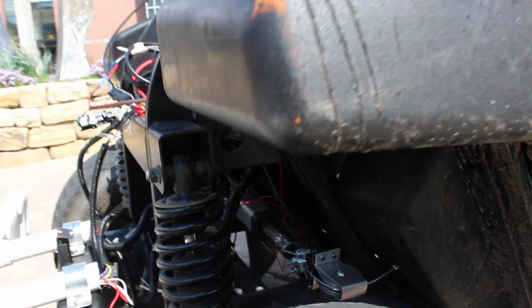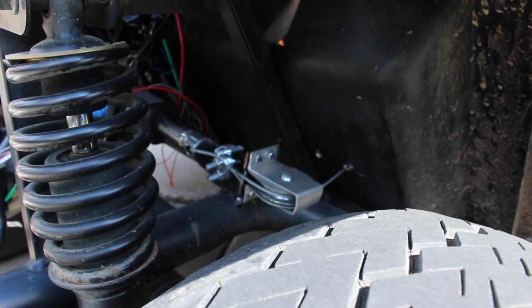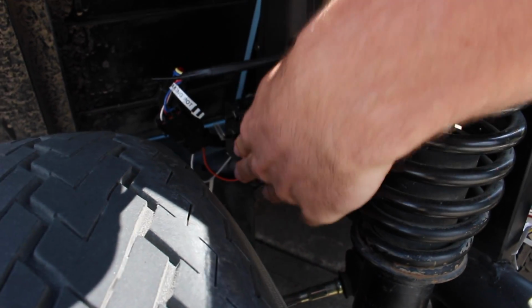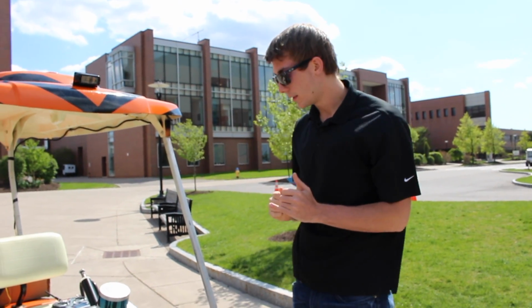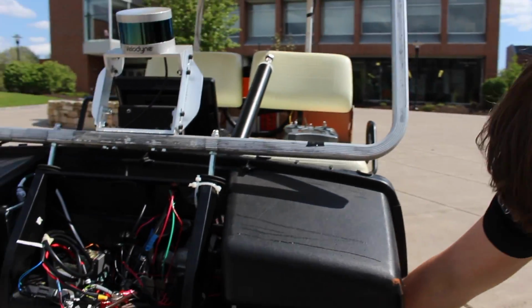So if we get a shot of the actual actuator, some things to be aware of is that the mount for the actuator, location here, if you turn the steering too far to the right, the tire will actually come into contact with this mount here, which is a problem. As well, right now we're software controlling the actuator and limiting how far it's able to travel. That's to make sure that we keep some level of tension on the lines so that we're able to stop. And that's also because if the actuator is allowed to extend all the way, it'll actually crash into this pulley